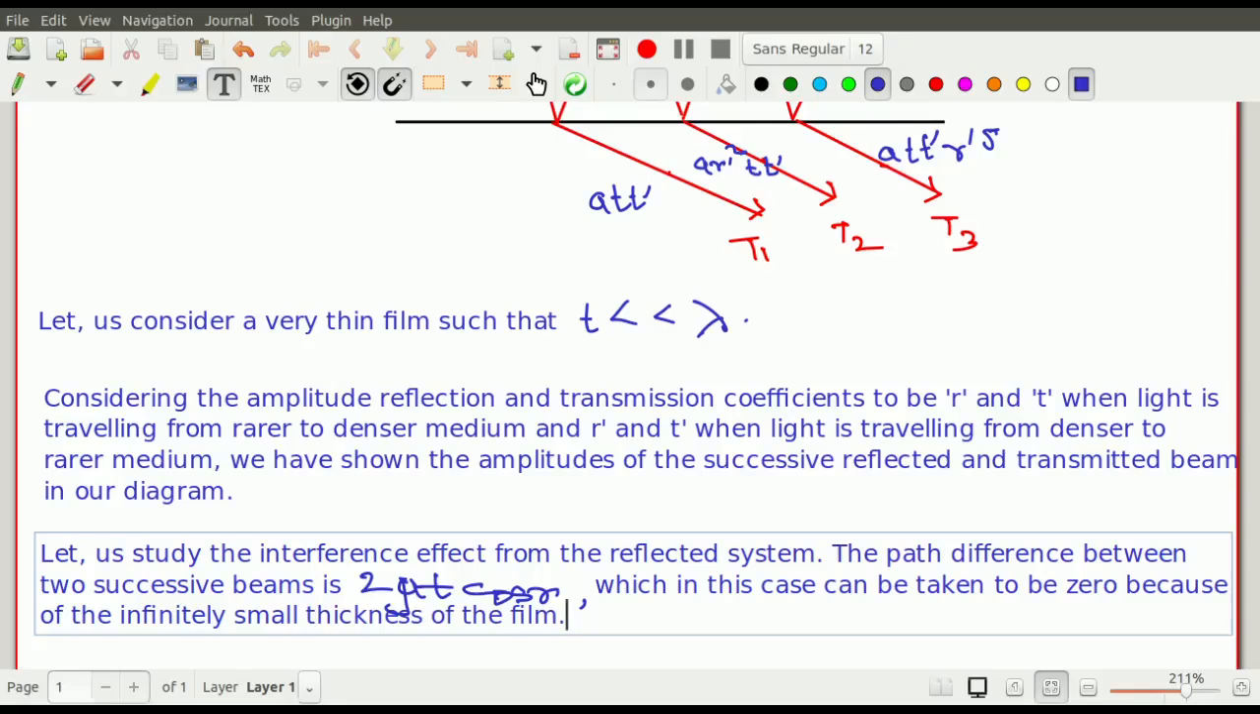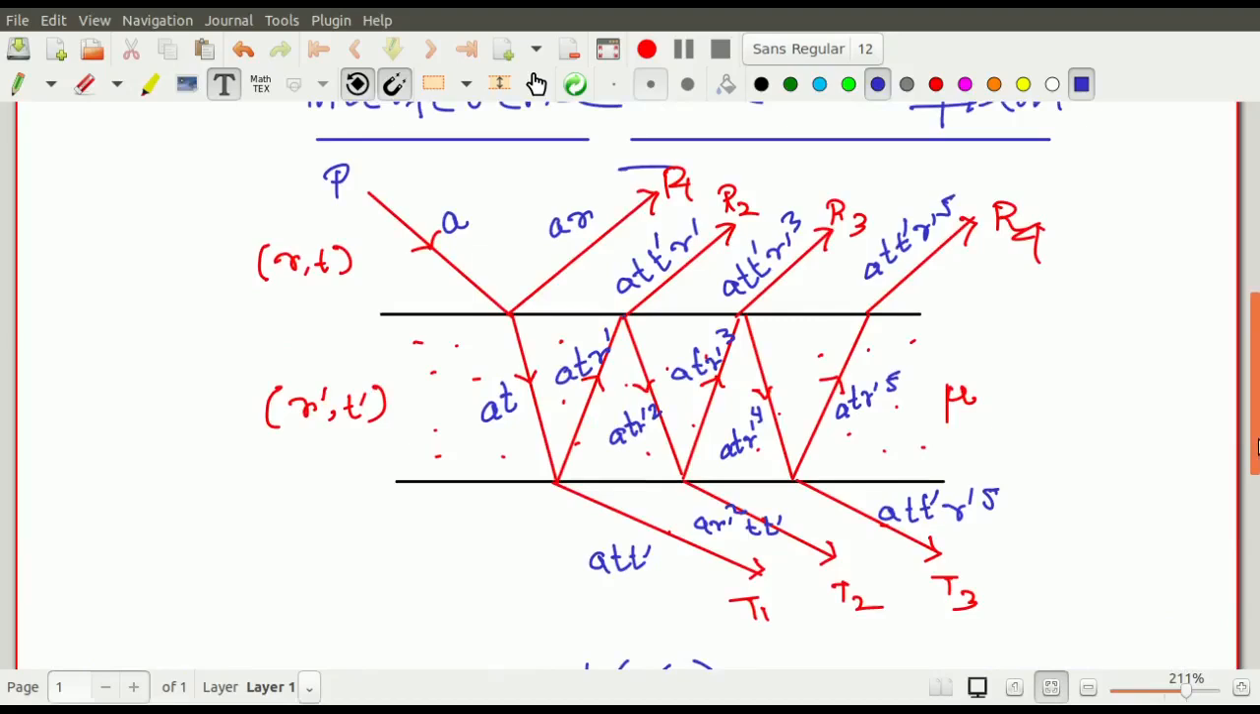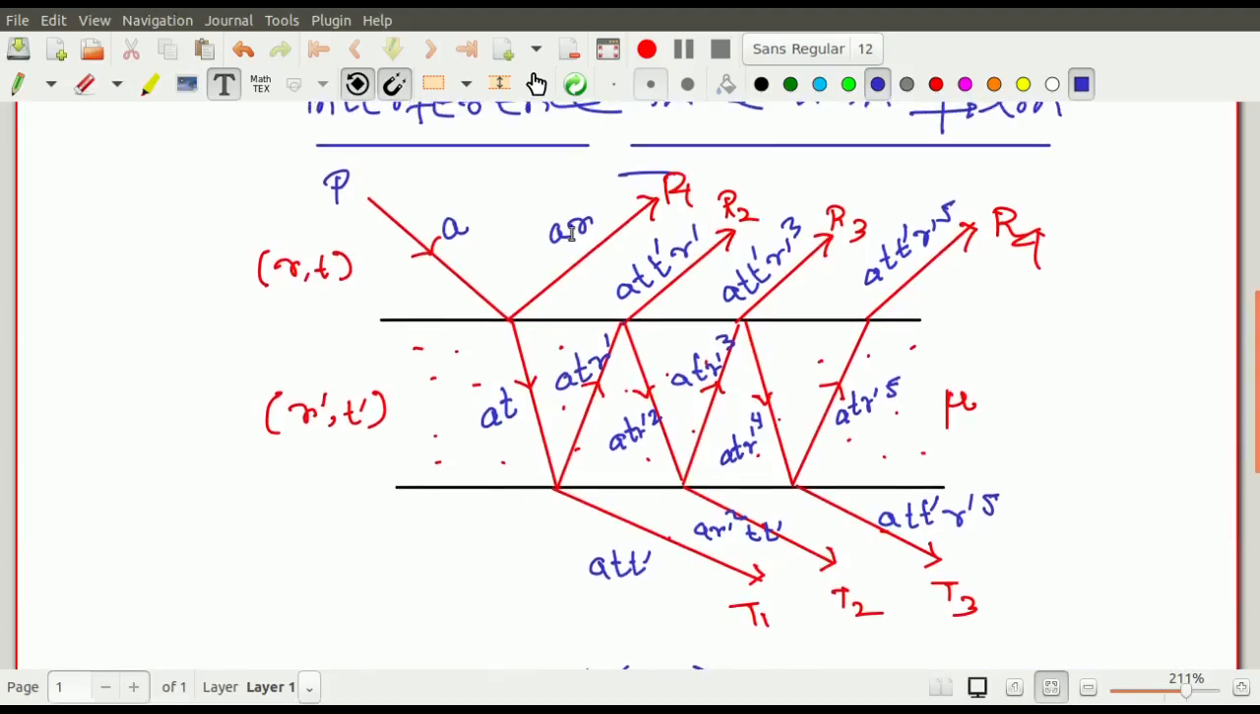So as I was saying, the thickness of the film is so small, here t is so small that you can just take it to be 0. So there is no effective path difference between the two successive beams. There is no path difference between the two successive beams, and as there is no path difference, in order to find the net effect you can just sum up